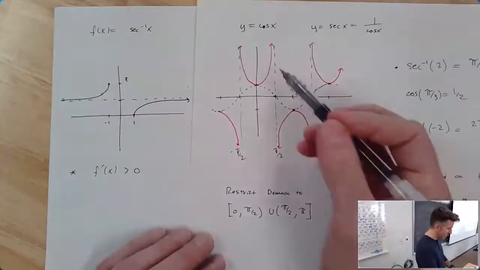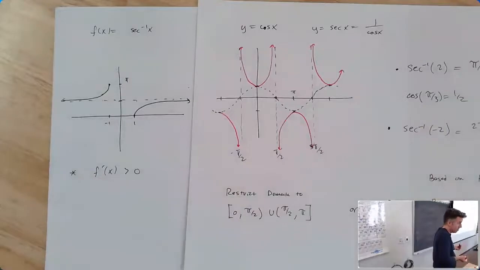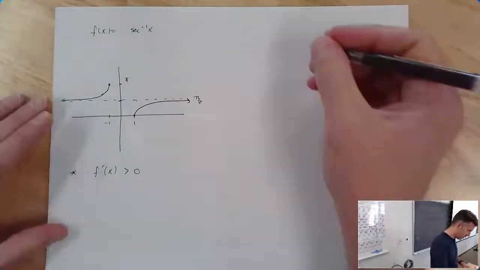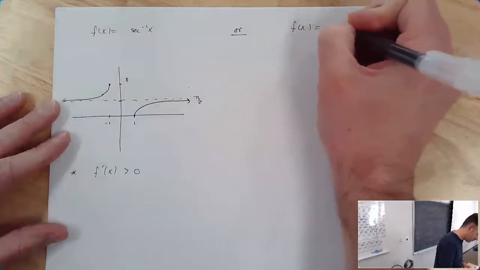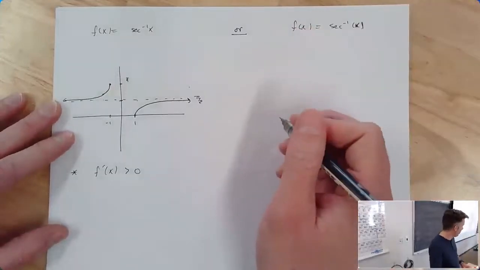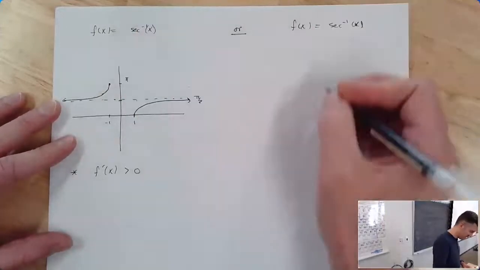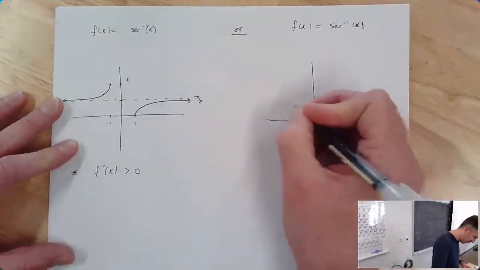It's also got the same domain restriction as cosine, which seems like the better choice to me, but it's got the worst derivative because it's got an absolute value. Or you can make the choice... well, you can't make the choice. Your teacher has made the choice for you that the inverse secant of x is this thing, where you still have the same right side,